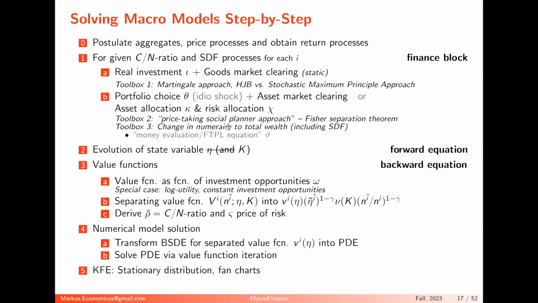What we want to do now is build this and put it together in this one sector model. So we use our step-by-step approach. Of course, it's a little bit simpler. This might look like, oh my God, all of these things, but you remember all of it, you are now familiar. The only thing we don't need is the eta evolution, because we have only one sector, so we don't have the net worth share of sector 1 relative to sector 2. But we have to work a little bit more on the idiosyncratic risk, the portfolio choice, and we have to work more on these value functions once we go beyond log utility.